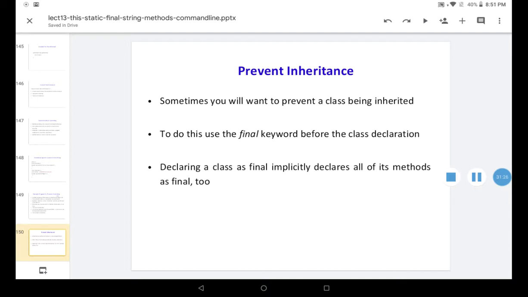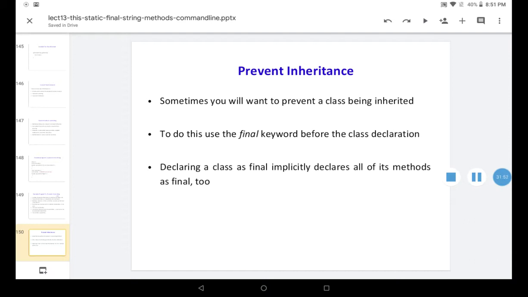If you want to prevent method overriding, use the final keyword in the method declaration; there only the method avoids overriding. But if you declare the class as final, the whole class is prevented from being inherited into another class.